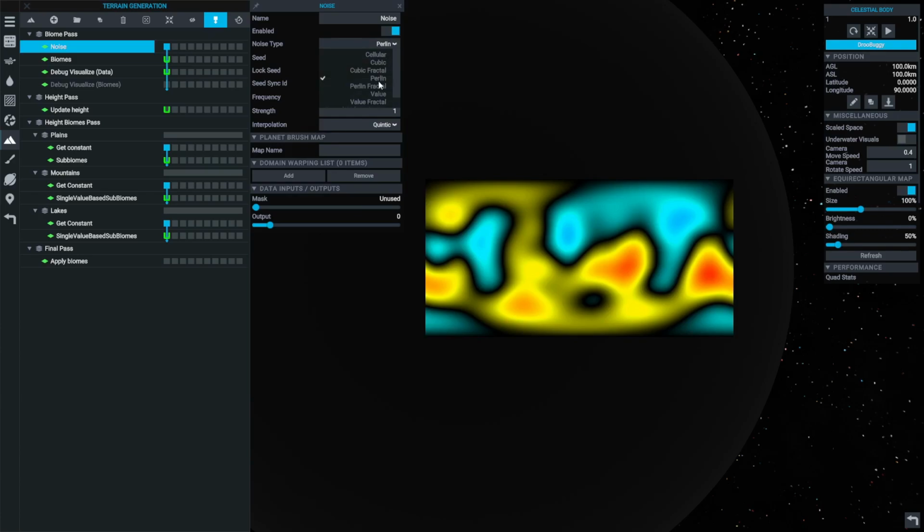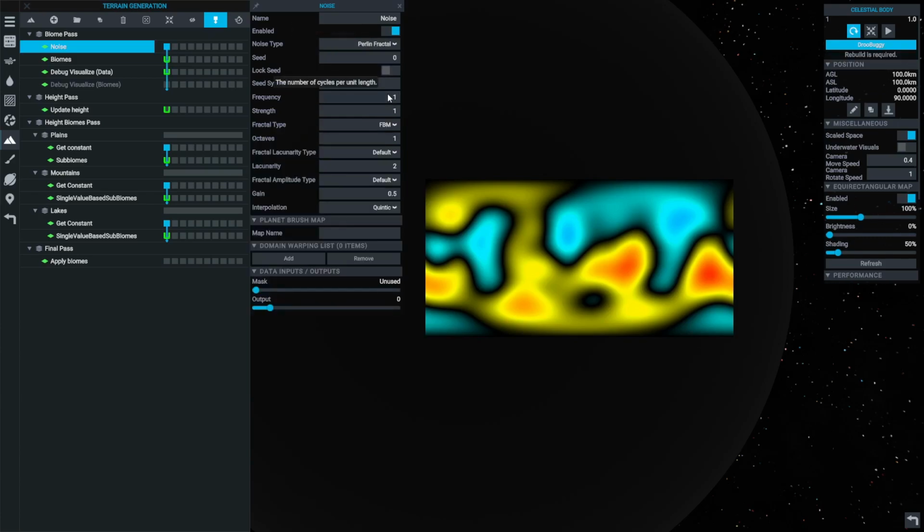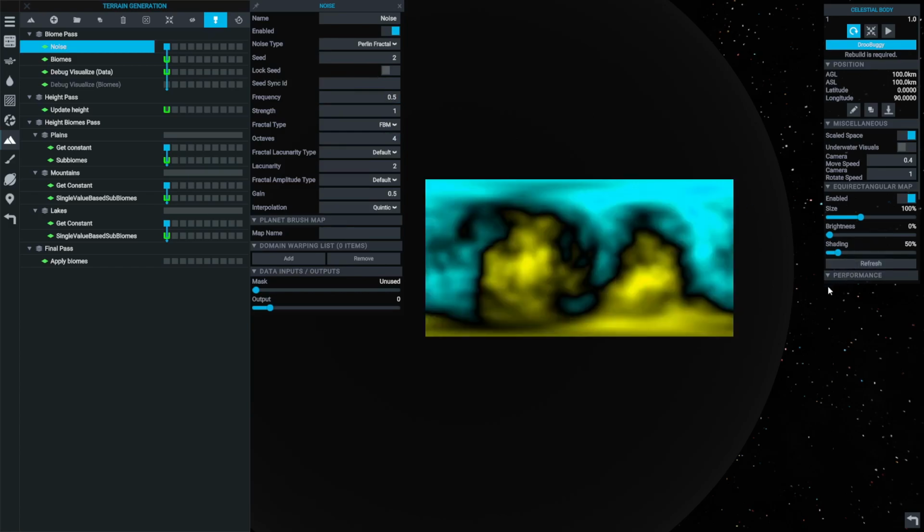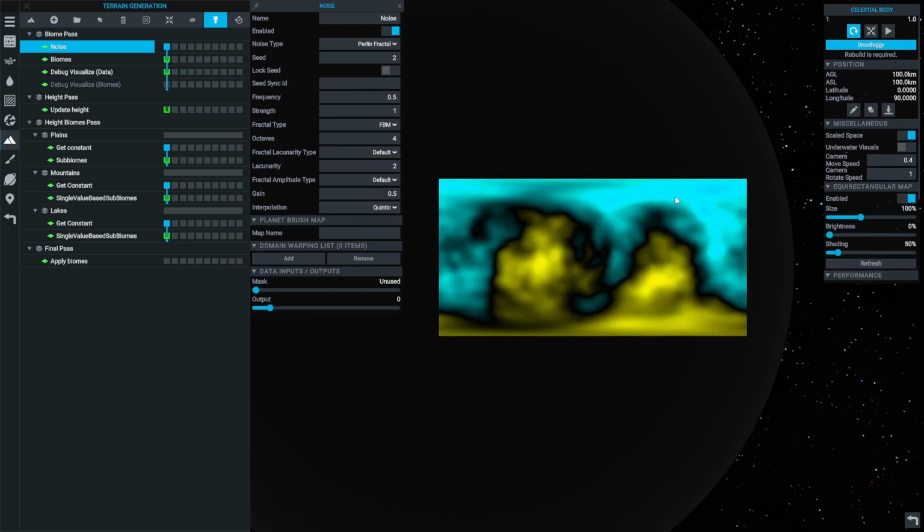I'm going to edit these parameters a little. We're going to go with Perlin fractal, going to change the seed to 2. These values are ones which I found before making the tutorial that worked well. Frequency to 0.5, and then we're going to set 4 octaves. Now when we refresh, see we've got a really nice equal distribution of our blue colours negative and our yellow colours positive. I'm very happy with this distribution, so let's disable the data visualizer now